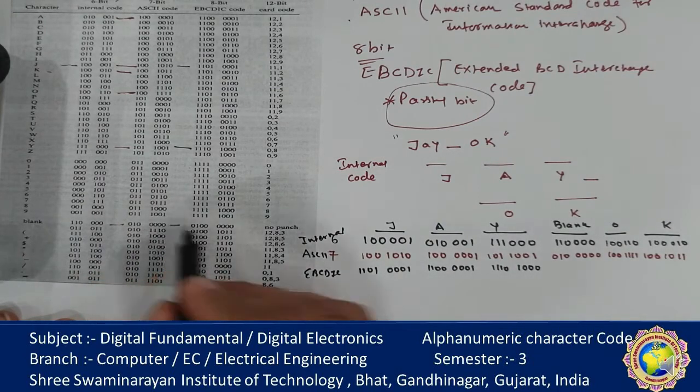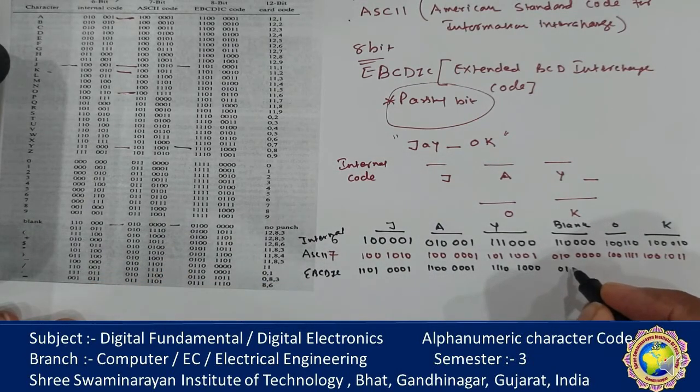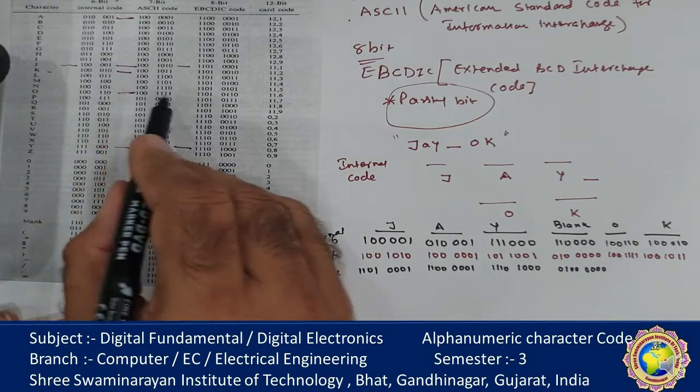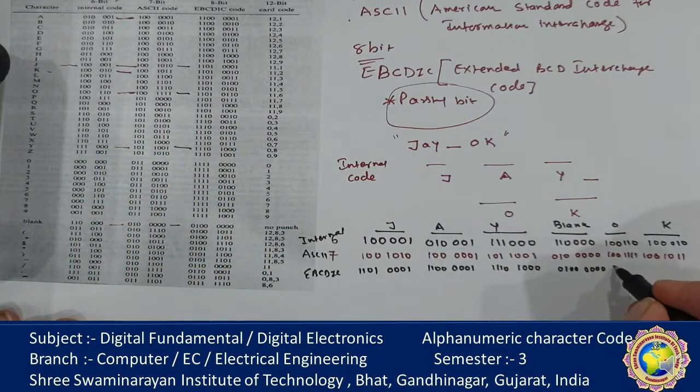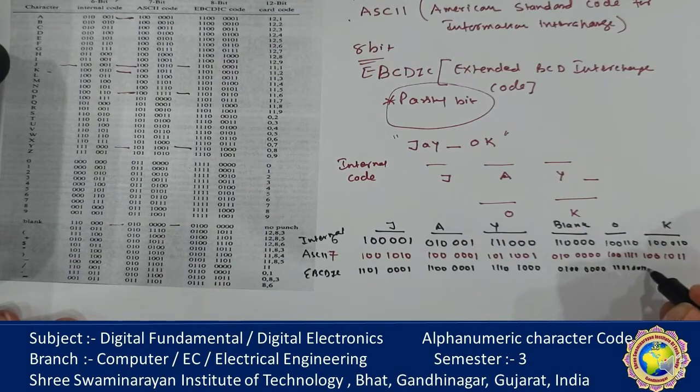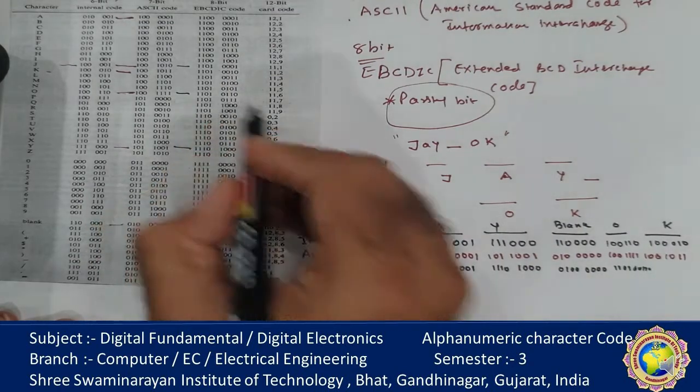Blank is 0100 and all are 0. O is equal to 1101, 0011, 0000110,